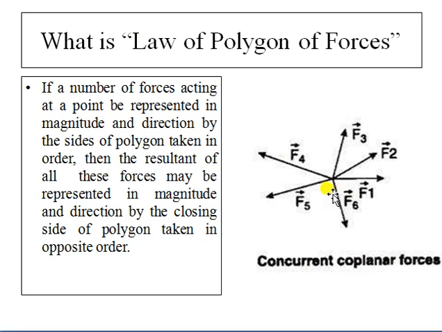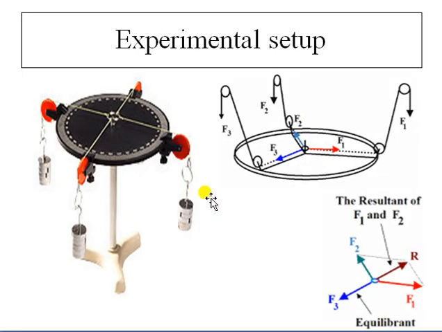So we can see here a system of forces, a concurrent coplanar force system. The diagram is represented here. We are going to create a similar experimental setup. This is the assembly, or the board, on which this practical is conducted. Initially, this board is placed in a horizontal manner. We keep a spirit level at the center to see that the plate of this table is exactly horizontal to the surface of the earth.